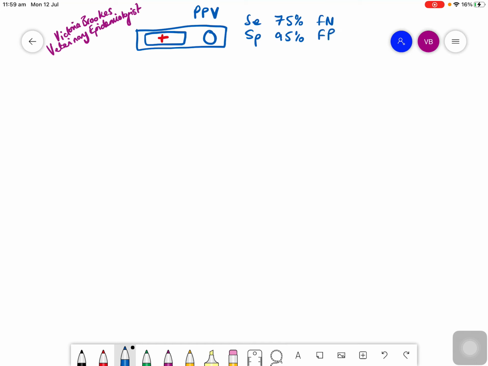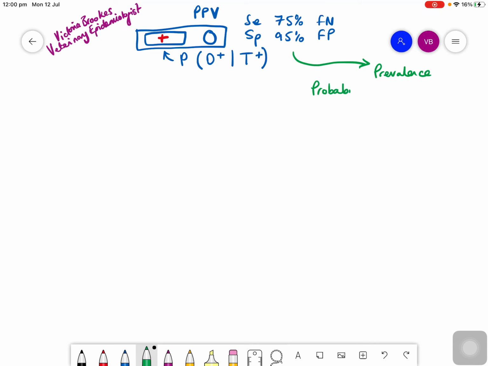So we did get a positive result on this test, so we're wondering what's the probability that this test result is showing that the animal is diseased, so it's disease positive, given that we have this positive test result. We can do this using an algorithm approach, sometimes called a decision tree approach, or a flowchart. But we do need one other piece of information before we do that, and that is the prevalence of the disease that we're testing for in the population, or sometimes we might call that the probability of the disease